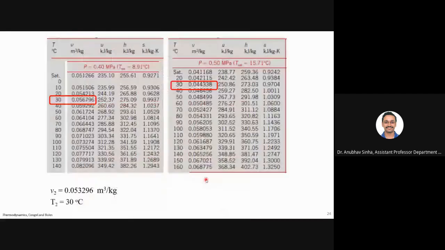So let us find. By looking into that table, this is what I have, and this is one more, the next entry which was not shown in the last slide. This is the value that I am looking for, right? If I don't get this value, I will try to find the next value a little bit higher and the next lower. So 0.053 is the required, 0.056 is higher than this, and 0.044 is lower than this. 0.4 megapascal and 0.5 megapascal. I don't have anything in between. So these are the two limits. Now I have to interpolate between these two.